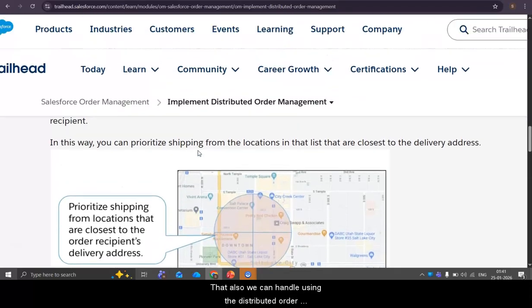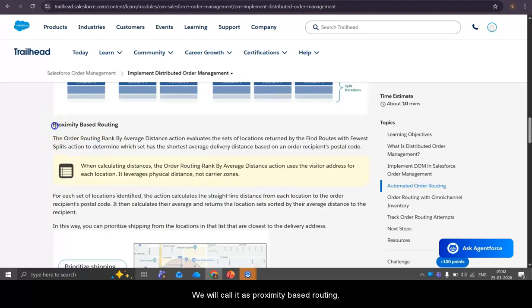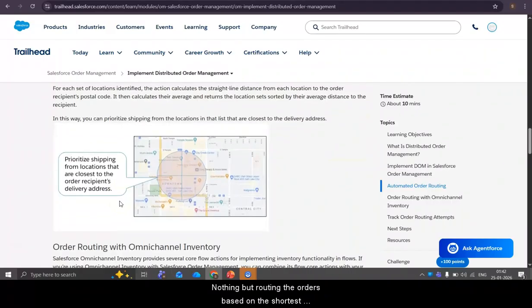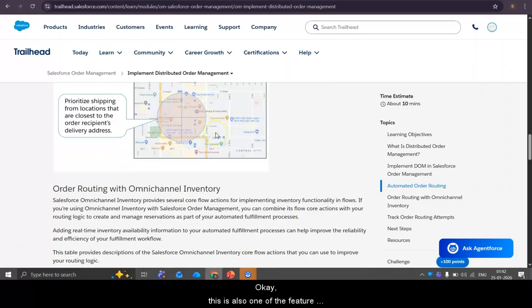That also we can handle using distributed order management, and this feature we call proximity based routing. Nothing but routing the orders based on the shortest distance between the customer shipping address and the fulfillment address, nothing but the store address. Okay, this is also one of the features.